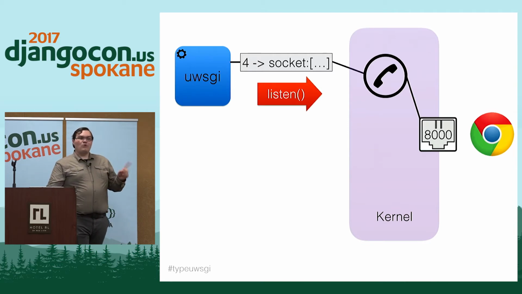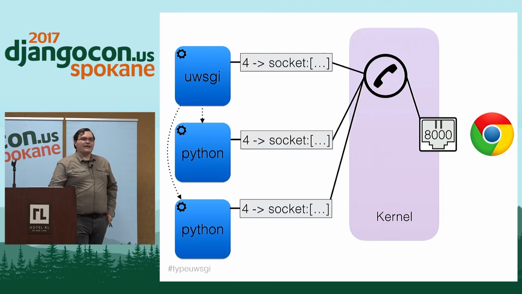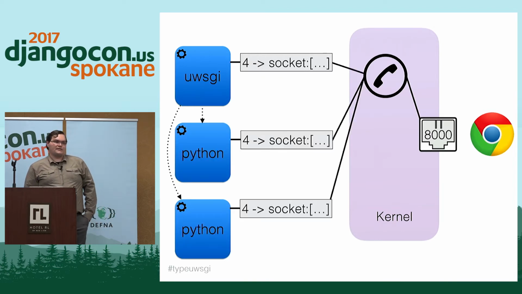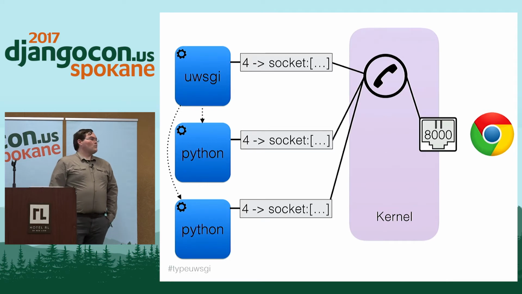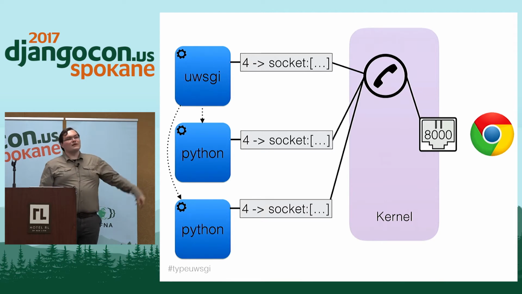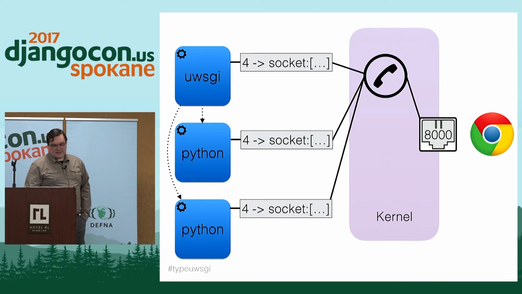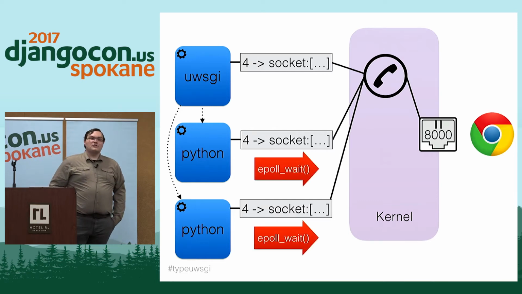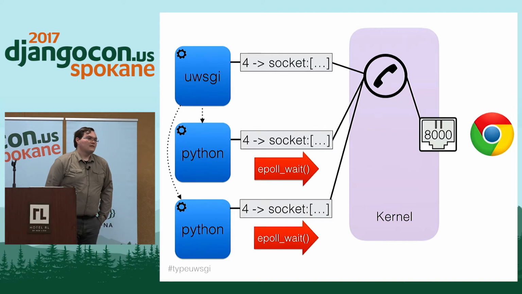Now it's at this point that uWSGI is going to do its fork and execing to create the worker processes. And what's interesting about forking and execing is when you fork and exec a process, you get the same file descriptor references that the parent process had. So both the uWSGI master process and both worker processes have the file descriptor access to the socket that was created for port 8000. And these two worker processes are going to call another special syscall called epoll_wait,